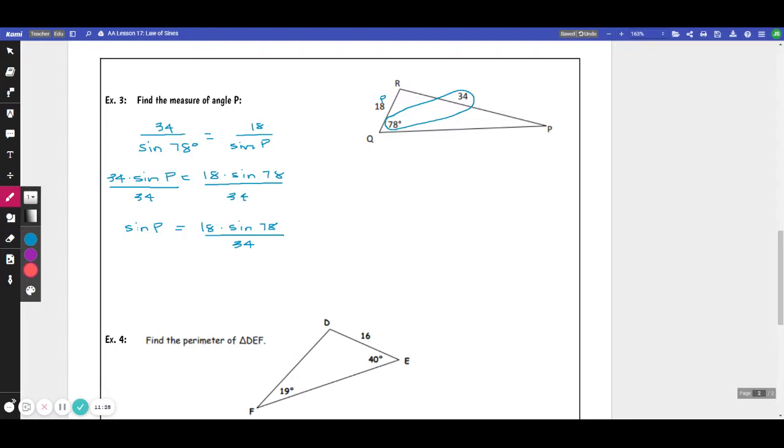Do you remember if we have sine of a variable and we're trying to solve for that variable, do you remember how to get rid of sine? What's the opposite of sine? Opposite of sine is inverse sine. So if I do inverse sine and sine, they undo each other. They're inverses. So what one does, the other one undoes. And then I'm left with p. But if I do it on one side, then I have to keep my equation balanced and also do it on the other side. So you can enter this whole thing, inverse sine of that whole thing on many of